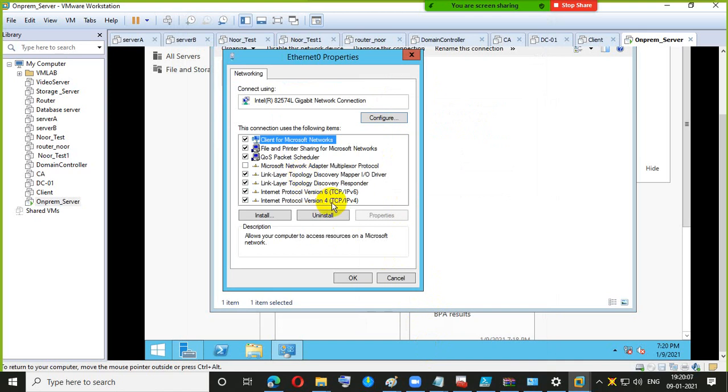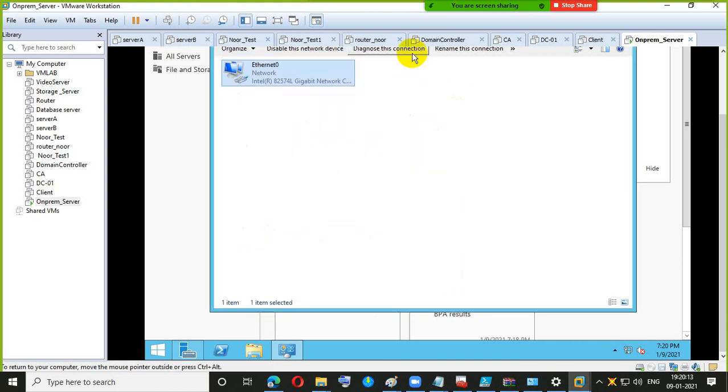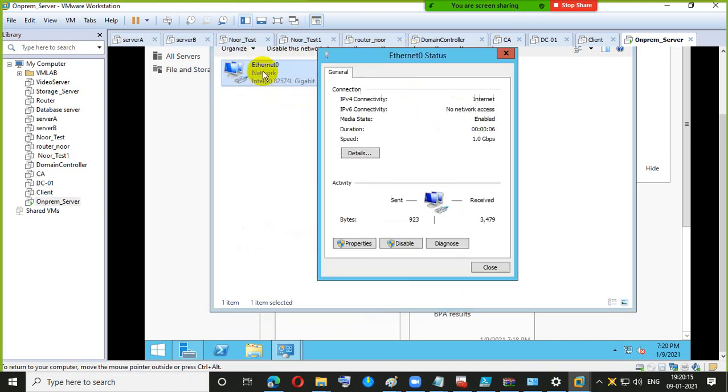I have not given any IP addresses. Now you can see that the internet is connecting fine.